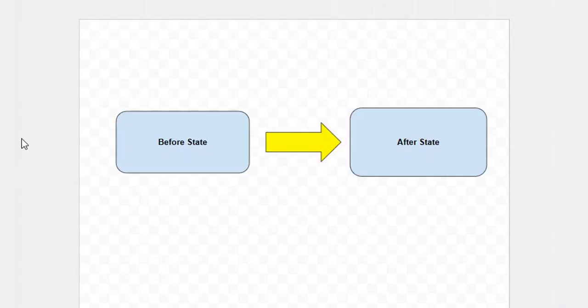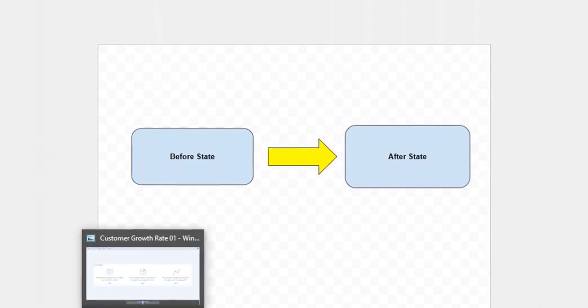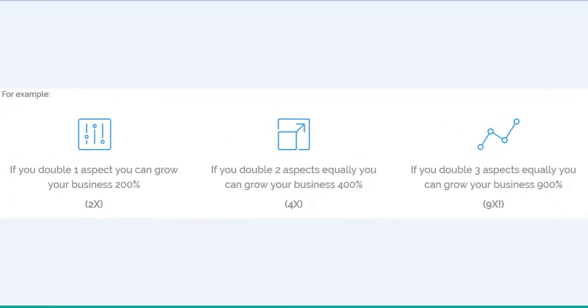Now, the next thing we want to talk about is how we grow your business. There are three ways to do that. The first way is to increase the number of customers. And that means if you double one aspect, you can grow your business 200%. So if you double the number of customers, your business will grow 200%. The second thing you can do is get each customer to spend more. And the third thing is you can get each customer to spend more often. So if you do all three of those, as you can see, you get a real compounded effect. So what we want to do is get that done with your website,